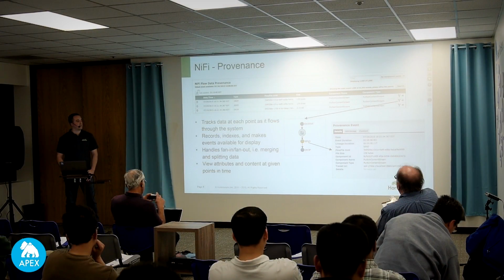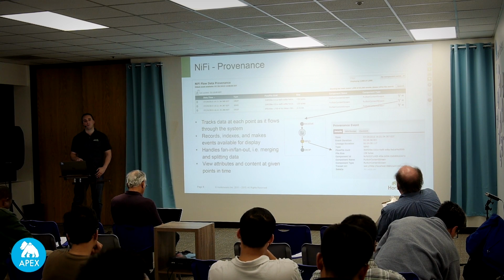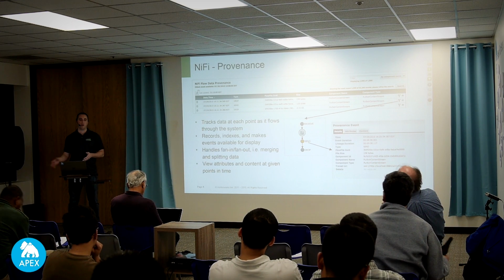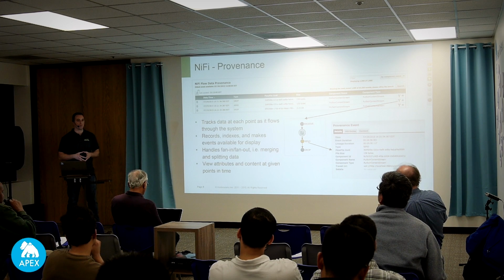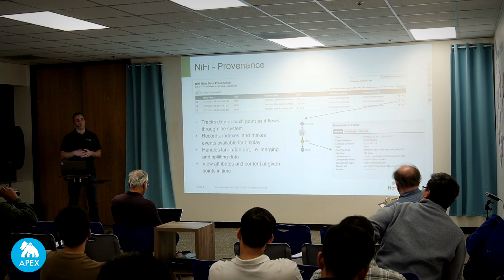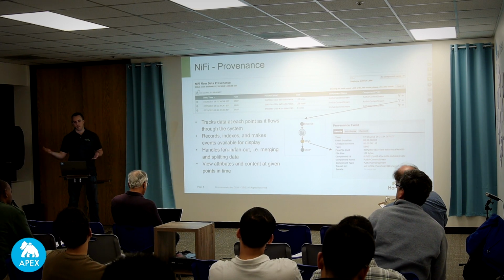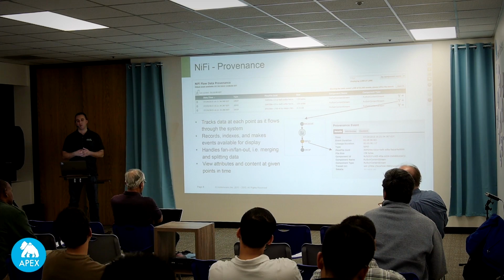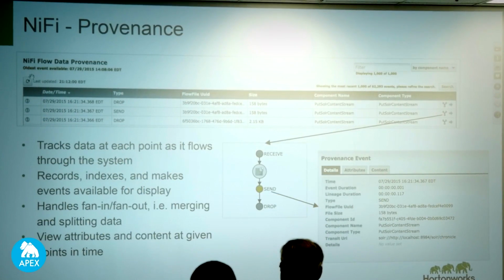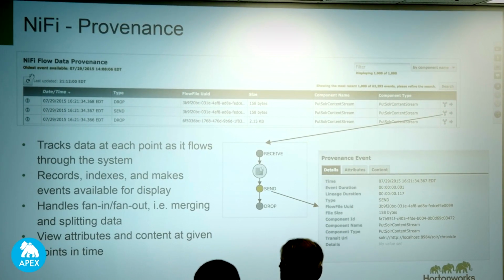So provenance is one of the main features in NiFi. The idea of provenance is that we want to be able to track for every message, everything that's happened to it as it's passed through the system. So you can think about compliance scenarios where somebody comes back to you and says, we need to know if we delivered this data to the system because it shouldn't have gone there or something like that. And we want to go back and see, what data did we actually deliver to that system? Or there's one specific piece of data that shouldn't have gone down this path, and we want to know if it did. So we can go into provenance and we get this list of events, and